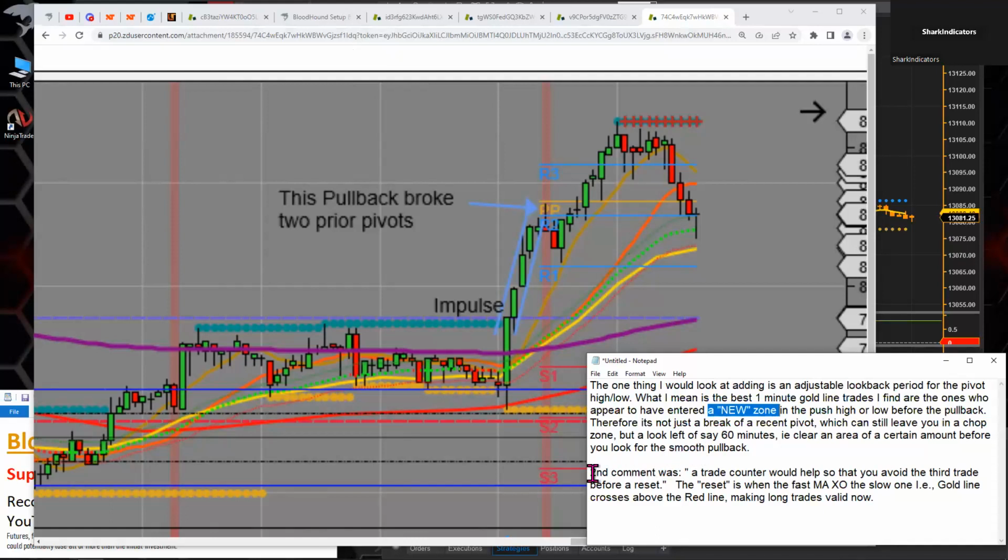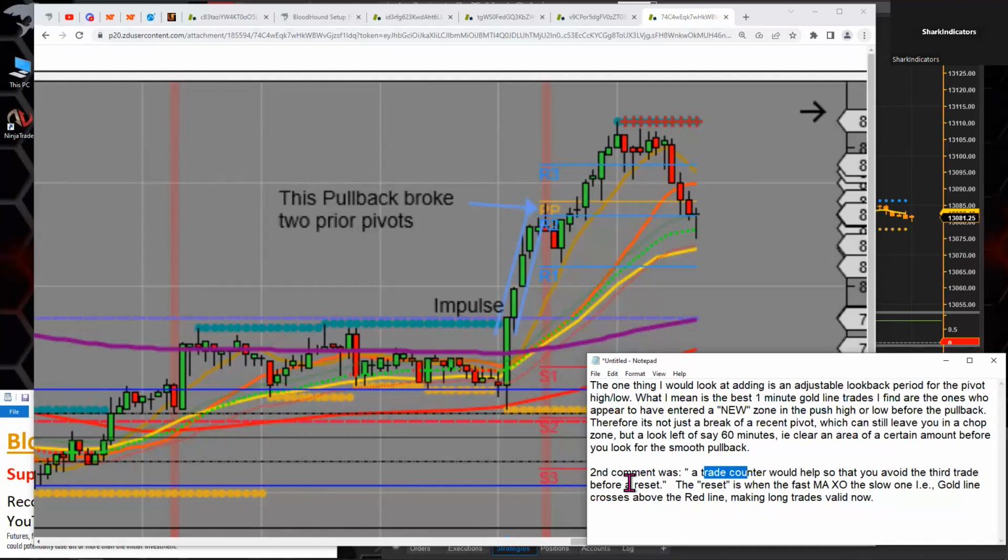Then the other secondary requirement here is to limit the number of trades, and that can be done. However, the reset condition that allows more trades to go through cannot be done within BloodHound. And the reason why is that, essentially, what we want is,